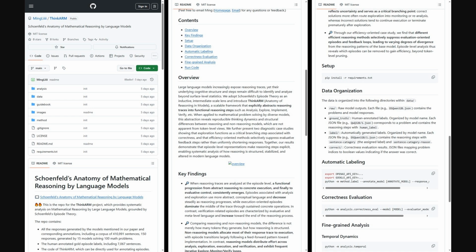Also, the authors shared a companion GitHub repo for ThinkARM. You will find the full dataset of model responses and episode annotations, including gold human labels, plus the Python code to automatically label reasoning episodes and reproduce key analyses like temporal dynamics, word clouds, diagnostic studies, and correctness evaluation with runnable